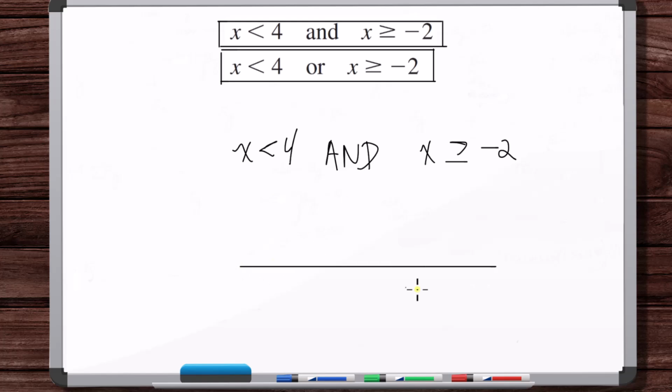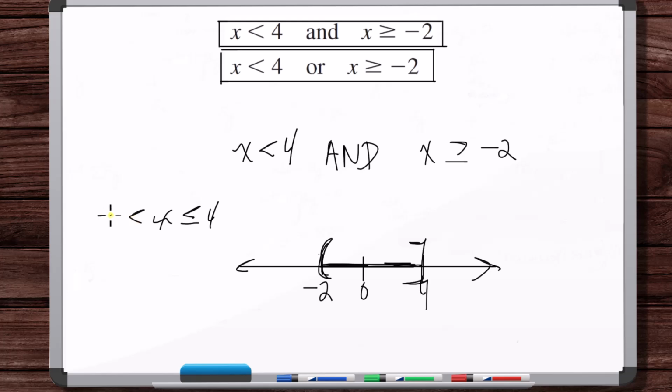So, okay, can we condense this down? Sometimes we can't condense it down. We just have to leave it as it is. But can we condense this down? So x is less than 4 and x is greater than or equal to -2. Well, okay, we can see what this is going to be. It's going to be everything in here. So yeah, we can condense this down. We can write this as a compound, a 3-part inequality. Like that. So this would be the final answer. Like if you had this on a test, this isn't simplified yet. You need to put